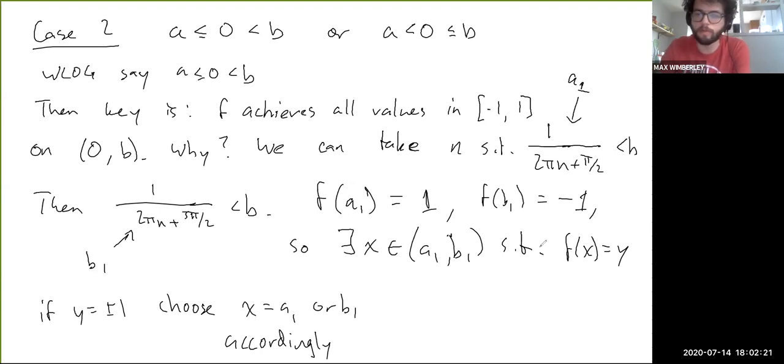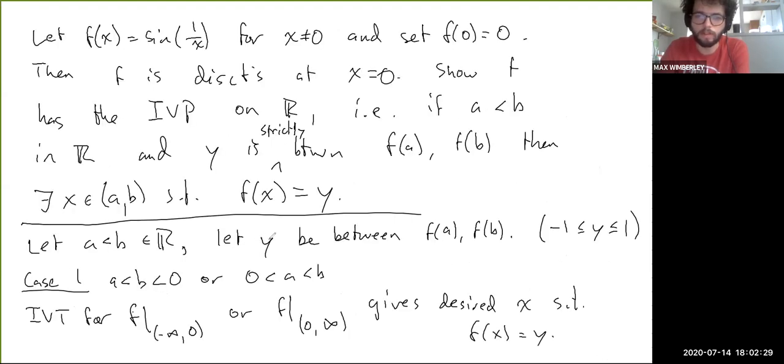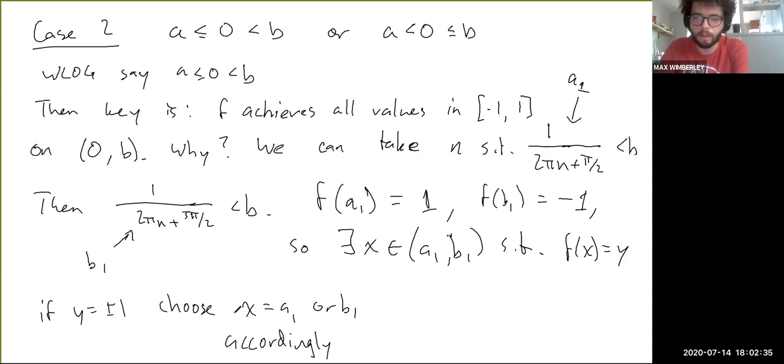So if y is not plus or minus 1, then it's strictly between, right? The original assumption, well, we didn't say strictly here, but it really doesn't matter. If y is strictly between plus or minus 1, then by the intermediate value theorem, for f restricted to, let's say, (0, infinity), we can find such an x. That's basically it, right? Because if x is in (A1, B1),